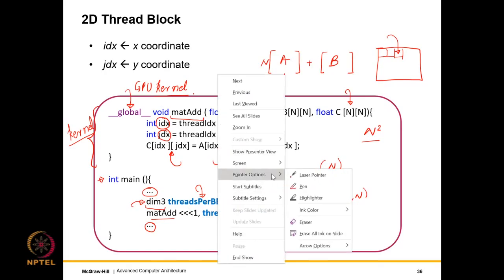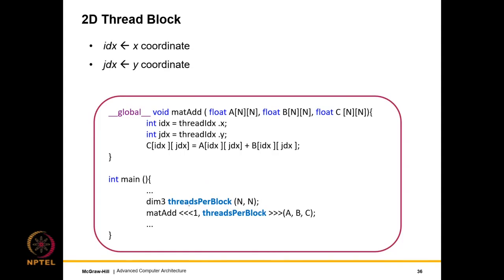To highlight the special syntax, I will erase all the ink on the slide. We will have these 2 markers. Kindly pay great attention to these 2 markers. These markers are essentially indicating the configuration in which we are executing. The first is the structure for the arrangement of thread blocks within a grid. If this is 1, it means there is only 1 thread block per grid, so you need not bother. The second one is the data structure that we just initialized, which is saying we have n cross n threads per thread block.